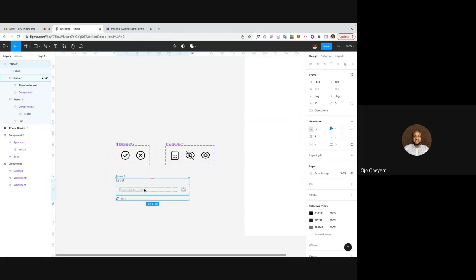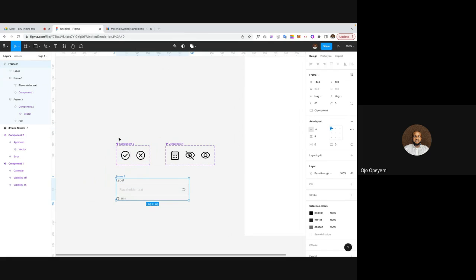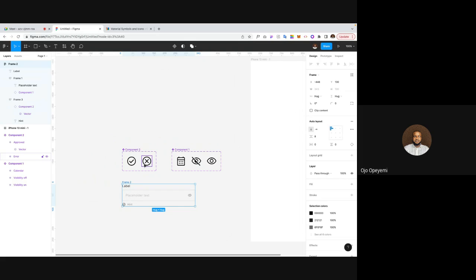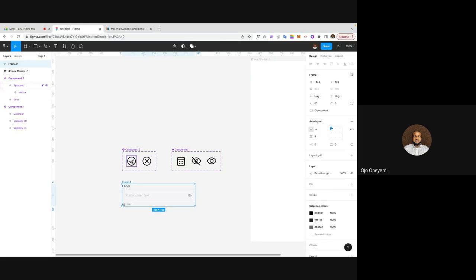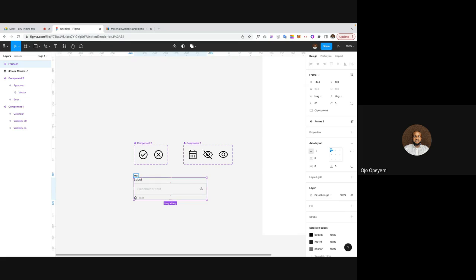And then I'll turn this into my main component. The difference between a main component and the normal component is that a main component would allow you to edit the component, and the necessary changes you make will reflect on the other components. But we'll get there. Just follow me. So to create a main component for this, I'll just click on this button. You notice that there's no drop down here because I only selected a frame. But if I'm selecting multiple frames, there will be a drop down there. So to create a main component, I'll just click on this button and it has created my main component. I'll rename this to